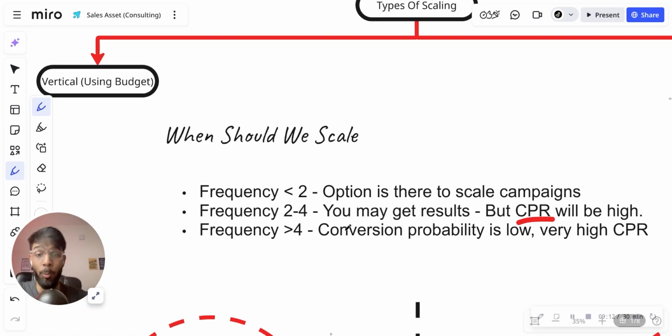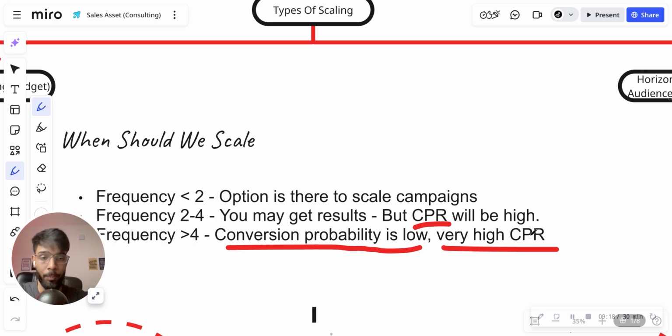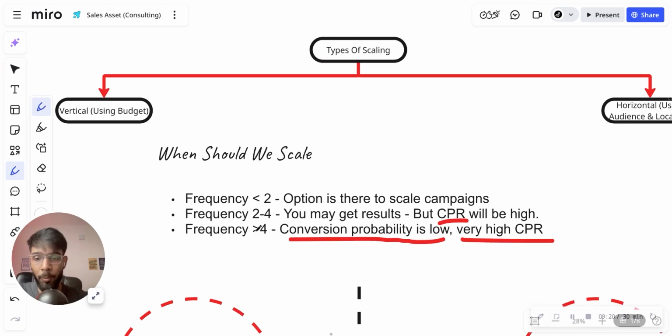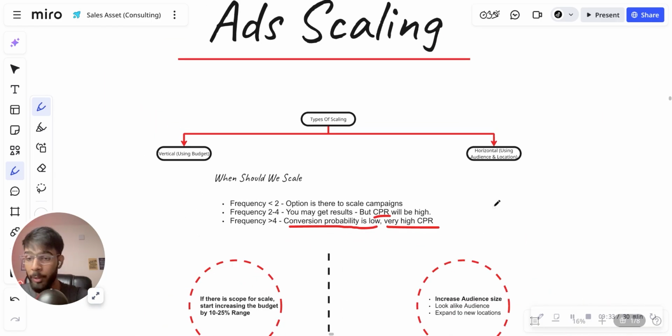And if the frequency is more than 4, conversion probability is very low and very high CPR. That is very high cost per result, right? So if the frequency is more than 4, there is also a chance of ad fatigue as well, right? So if your campaigns have a frequency of less than 2, then we should be thinking about scaling the campaigns,